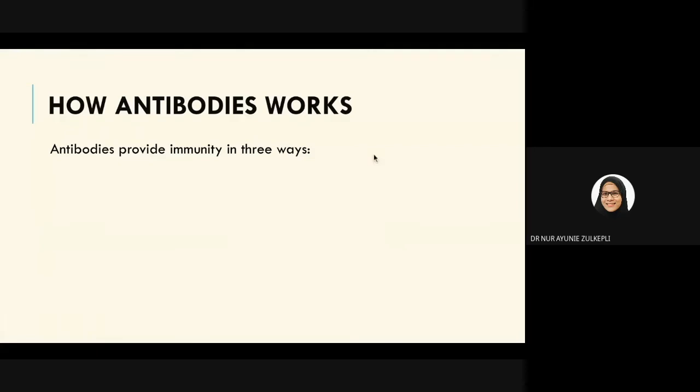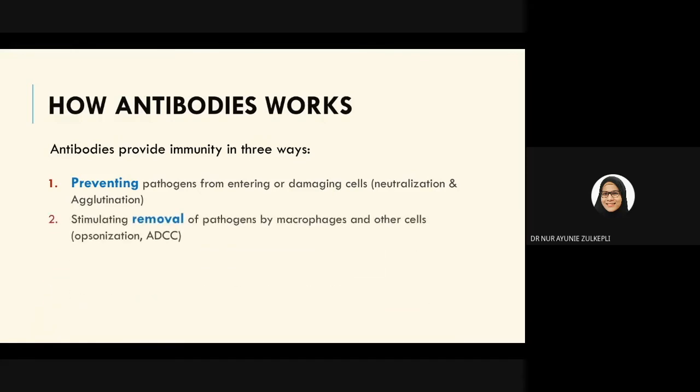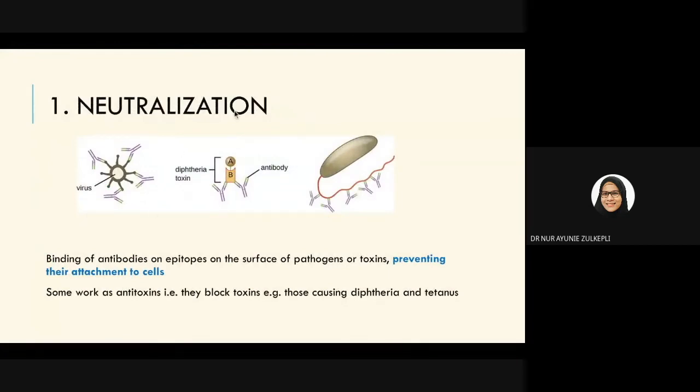Okay. Now, how do antibodies work? So it works in 3 distinct ways: preventing pathogens from entering or damaging cells by neutralization and agglutination, stimulating removal of pathogens by macrophages and other cells by opsonization or antibody-dependent cell-mediated cytotoxicity, and also triggering destruction of the pathogens by activating the complement system. Okay, so for neutralization, the antibody will bind to the epitopes on the surface of